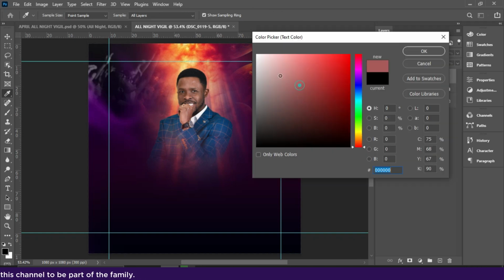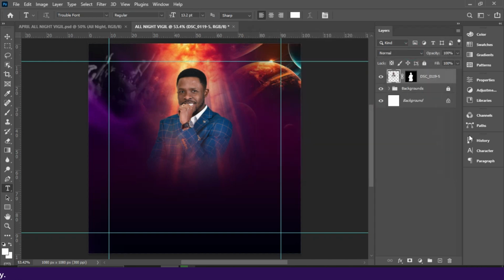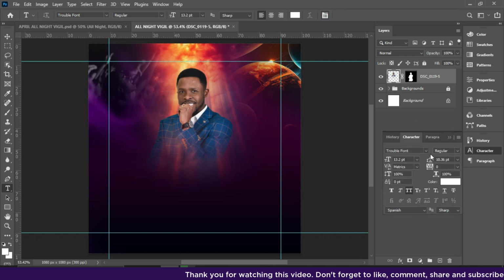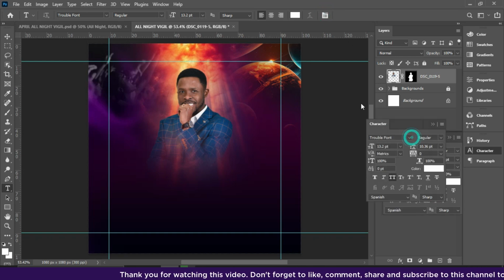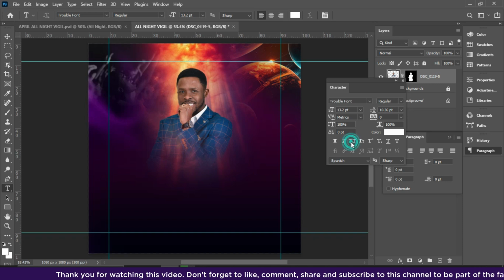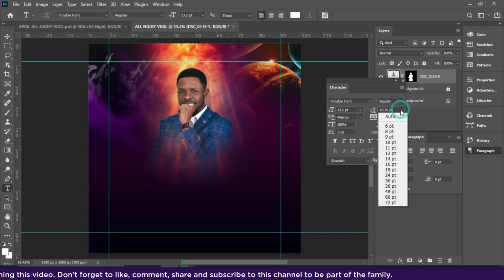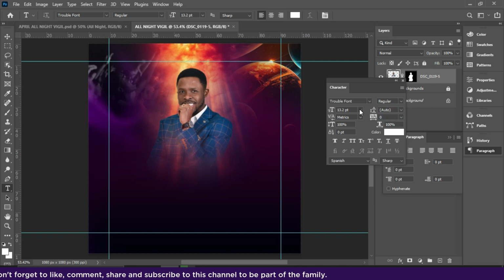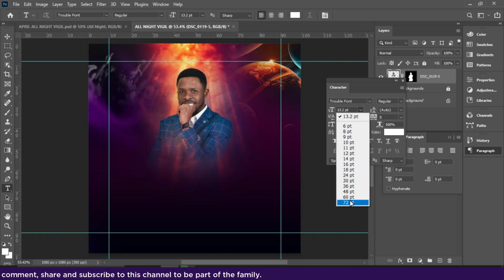So we want white, so click OK. And please, I said that anytime you are dealing with the text, to make sure the character is your friend, and the character is somewhere here or this one. Click this and the character panel will come. You can just drag it and bring it here. And the font that we are going to use, we don't want the spacing to be there, so set it to auto. Change the size to, let's say, 60,